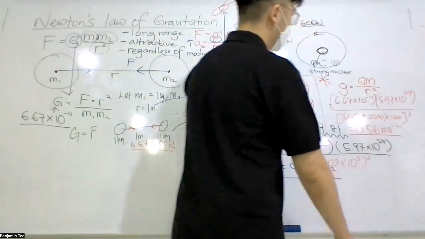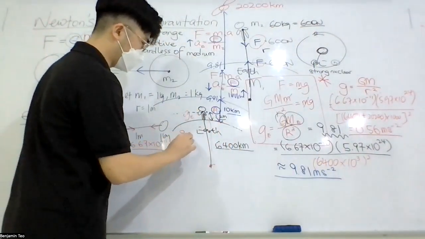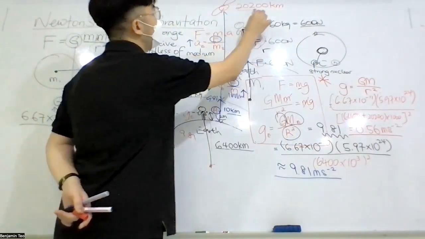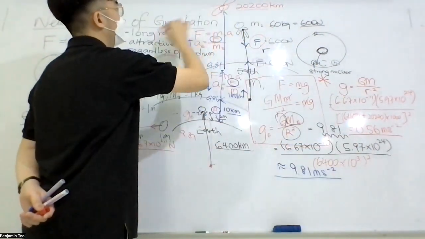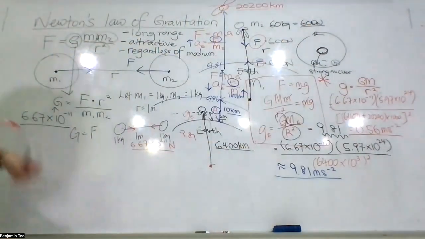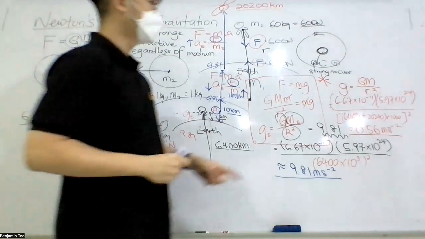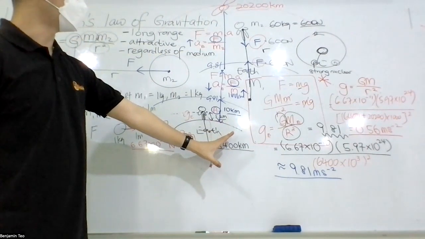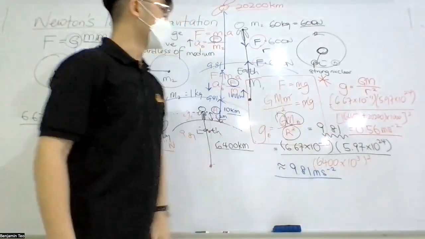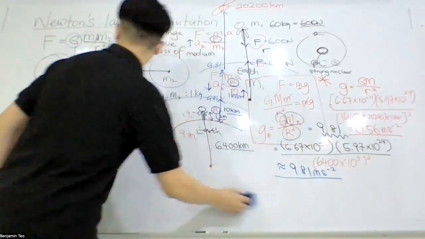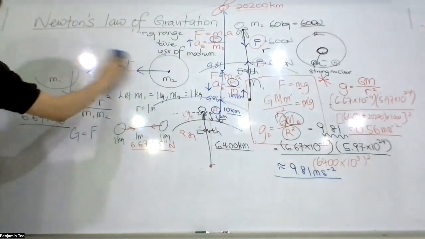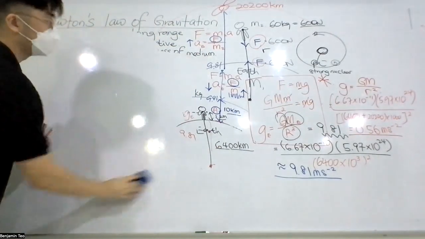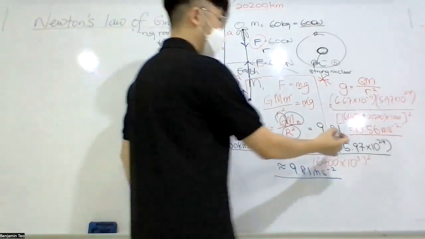So small. At the surface, how large? 9.81. This reduced down to almost 0 because this is so far away. That is the satellite orbit. Okay, so this part is for the gravitational acceleration. Now, let me clear this one. So if you stay here,